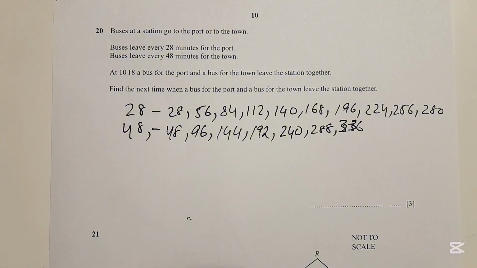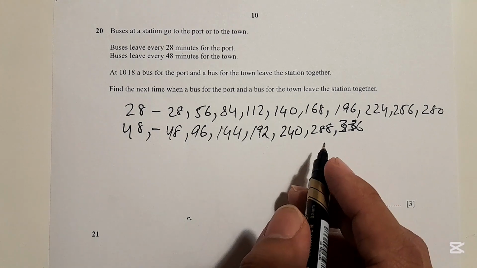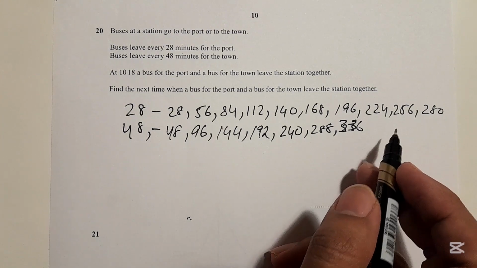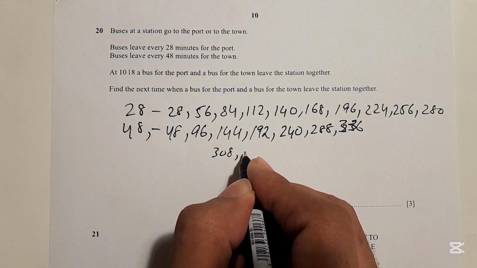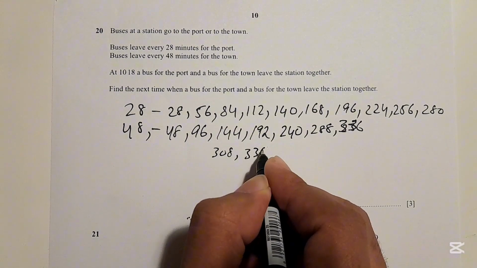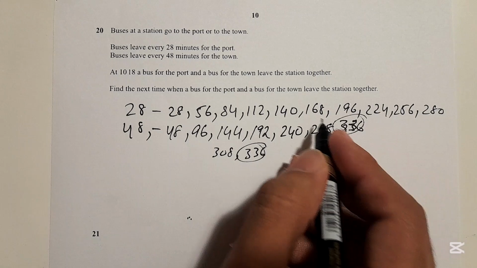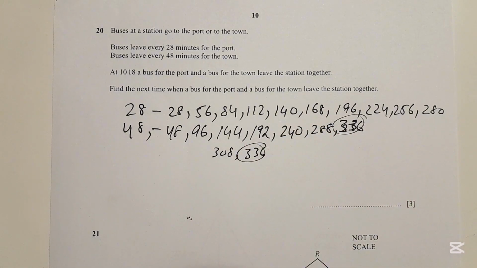by adding 28. So after 280, it's 308, then it's 336. So 336 minutes. So 336 minutes is, if you convert it into hours,